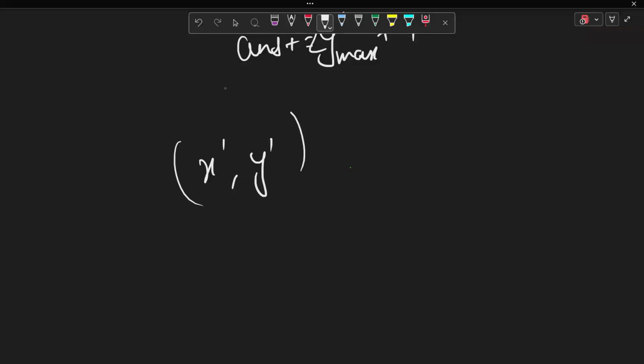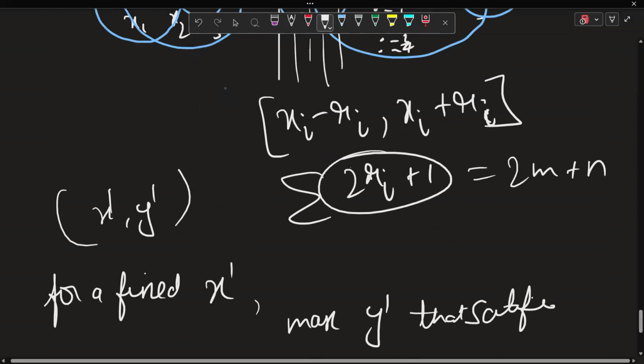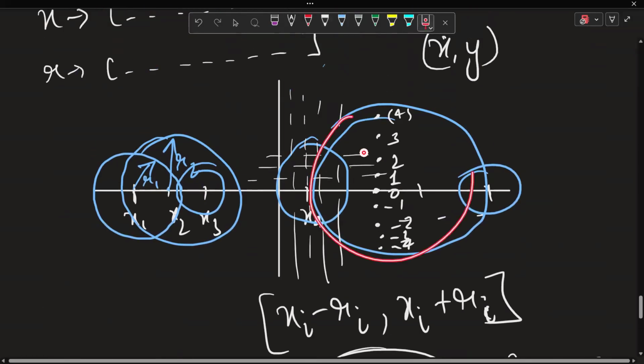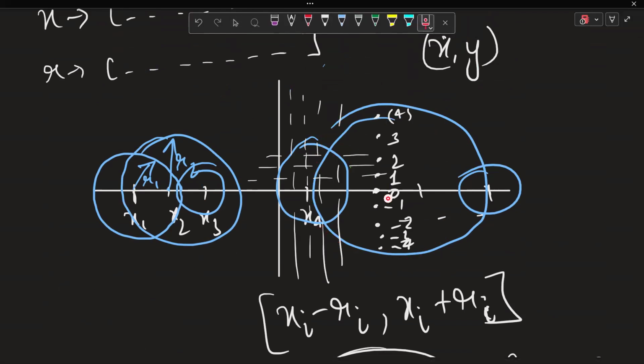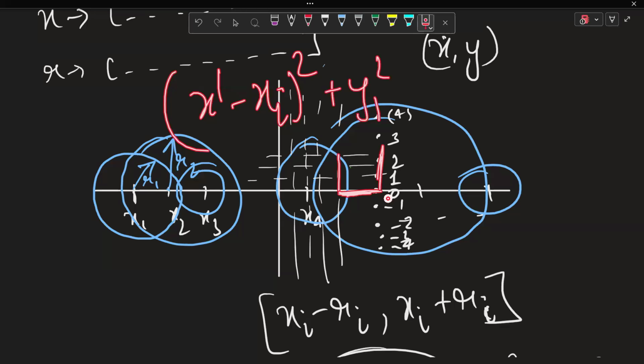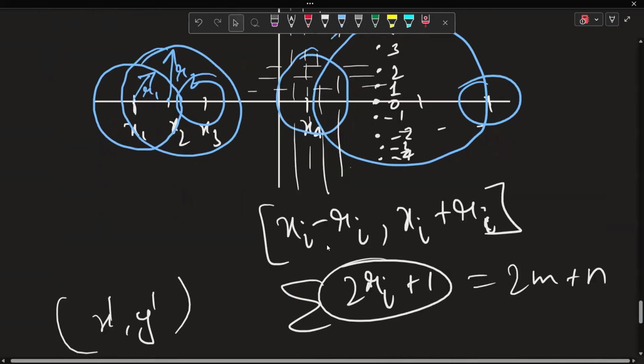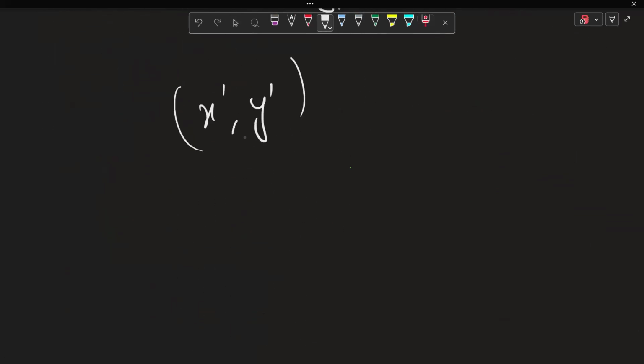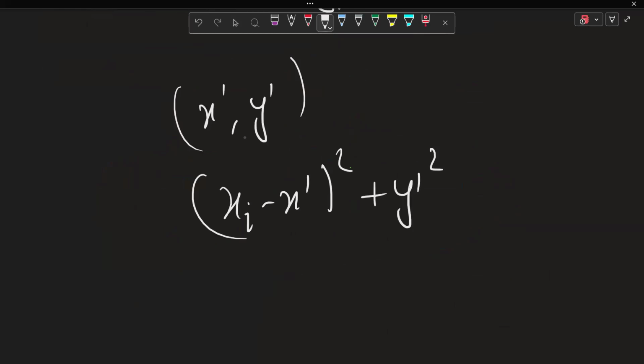For whatever circle you are considering, if you're checking if the point lies inside, then its distance from the center, x dash minus xi, this square plus y dash square, should be less than equal to ri square. So your condition is xi minus x dash square